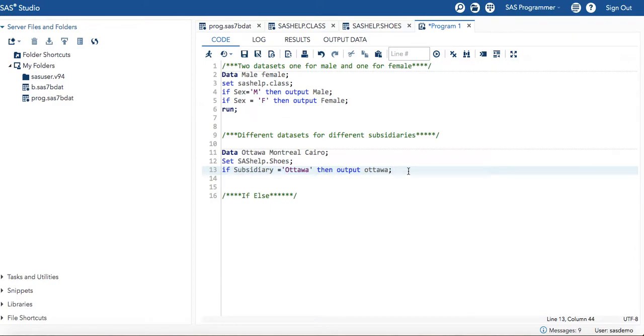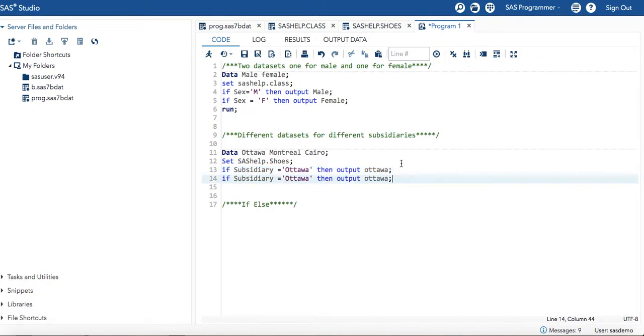Okay, let's move on to the next statement. I'm just copying the first one and pasting it, and I will say Montreal, then output Montreal. Sorry, there was a space.